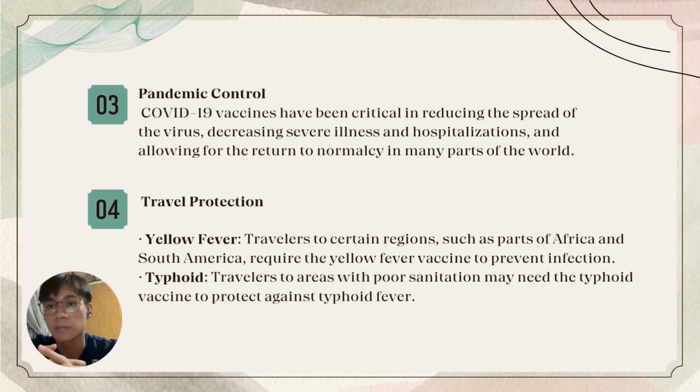And for the third one, pandemic control. COVID-19 vaccines have been critical in reducing the spread of the virus, decreasing severe illness and hospitalizations, and allowing for the return to normalcy in many parts of the world. And last but not least, travel protection. For yellow fever, travelers to certain regions, such as parts of Africa and South America, require the yellow fever vaccine to prevent infection. And for typhoid, travelers to areas with poor sanitation may need the typhoid vaccine to protect against